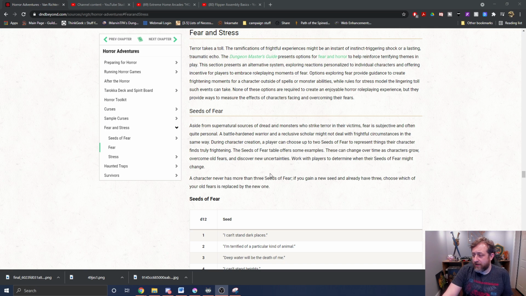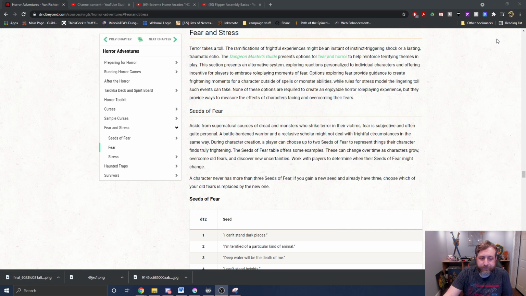Fear and stress. Now, we already have the concept of fear as in the frightened condition in 5th edition. That exists. We know about that. But I feel like the frightened condition, while yes, your character is mechanically frightened, it doesn't truly come off as being afraid, if that makes sense. You are frightened, but it's purely mechanical. So this talks about taking fear to another level, more like